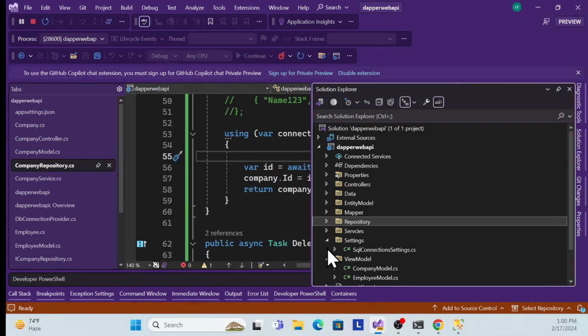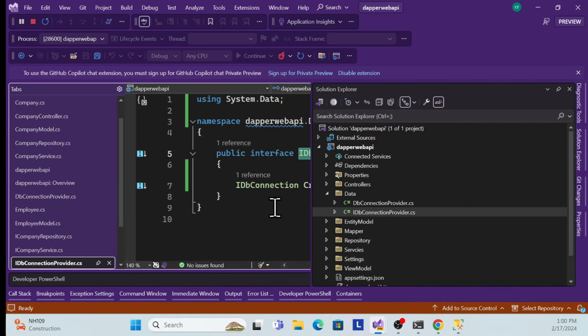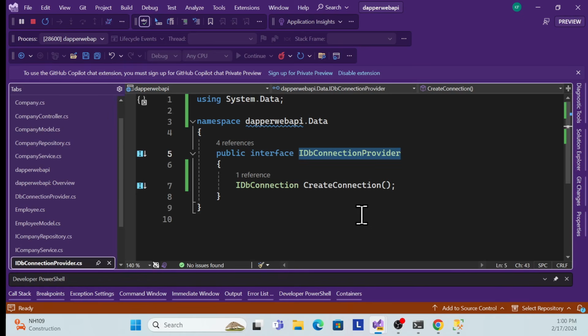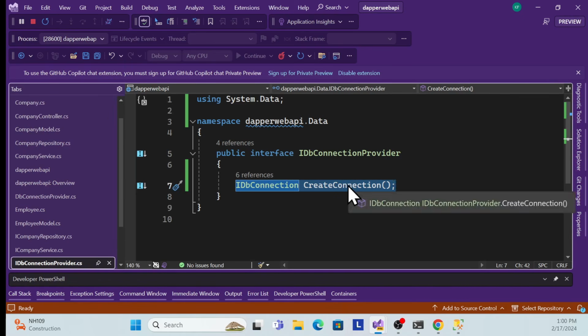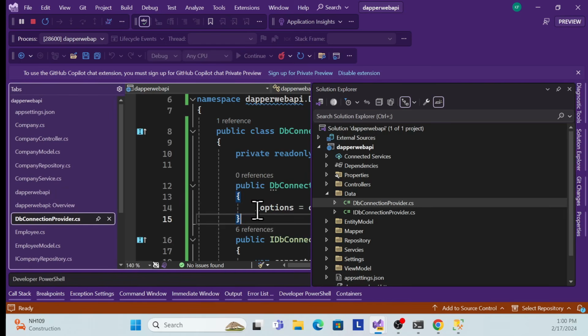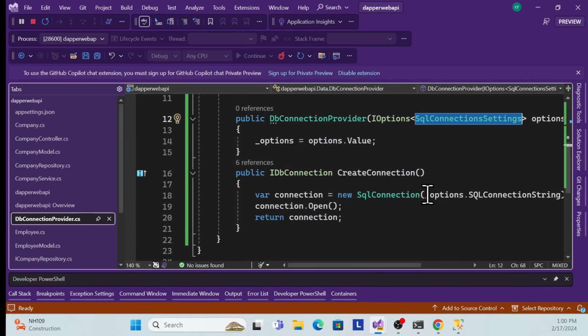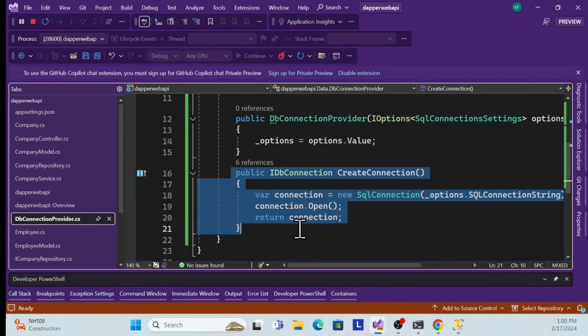in .NET Core Web API, that I'll show you from scratch, everything, like using the mapper, everything. Let me recap what we have done. So first of all, you have to create this DB connection provider, and you have to declare the signature of the DB connection, and then you have to implement that, passing that connection string. And in the connection string you have to just create a SQL client over here,